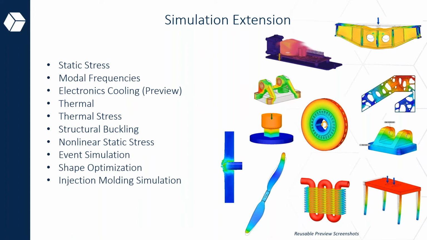So we can check that we will be able to manufacture the product properly as well. Some of the aspects of the simulation extension are static stress simulations, electronics cooling, which is